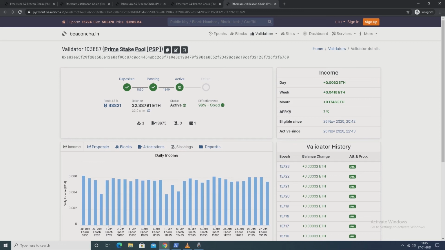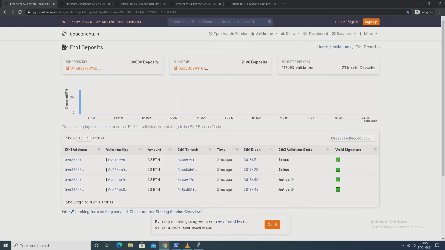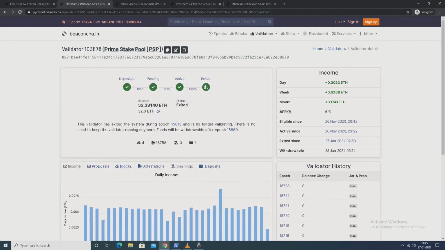So returning back after around 10 hours, we can see over here the validator status. These two we will check in detail.